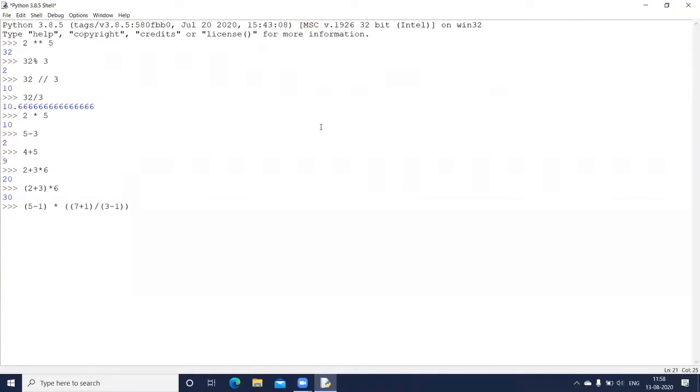So 8 divided by 2 will be inside a bracket right now. There are two brackets remaining, 5 minus 1 and 8 divided by 2. What will happen? 5 minus 1 will be 4, multiplied by 8 divided by 2, which will give me 4 again. So 4 multiplied by 4 should give me the answer 16.